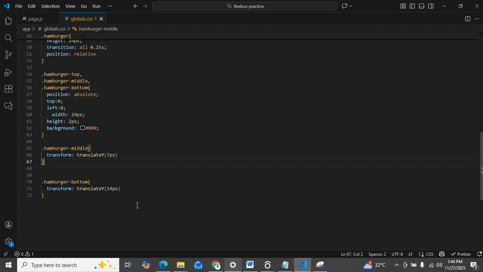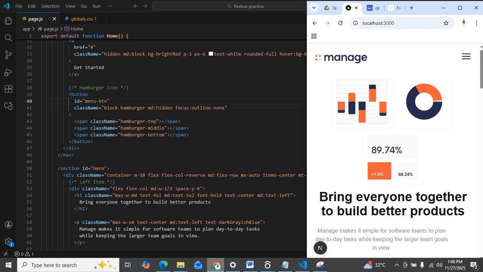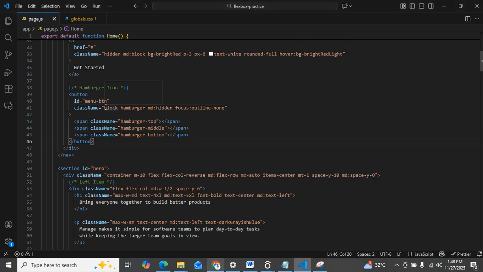And then the next thing we want to do, when we click this now, we want it to change the look, it should show something like an X. So to show an X now, this one will move 45 degrees, while this one is going to move minus 45 degrees, then the middle one is going to disappear. So that's just it. To do that now, we'll systematically add and remove a class